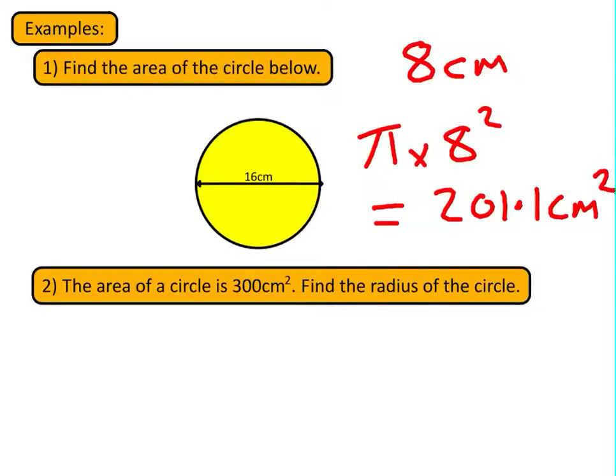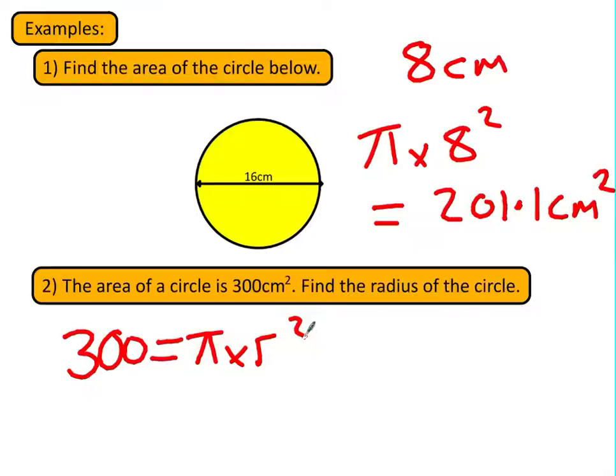If the area of the circle is 300 centimetres squared, find the radius of that circle. So let's write out the formula again. 300 though is the area that we know about, is pi times r squared. So if we want to rearrange this, we can work out r squared by dividing by pi. So 300 divided by pi